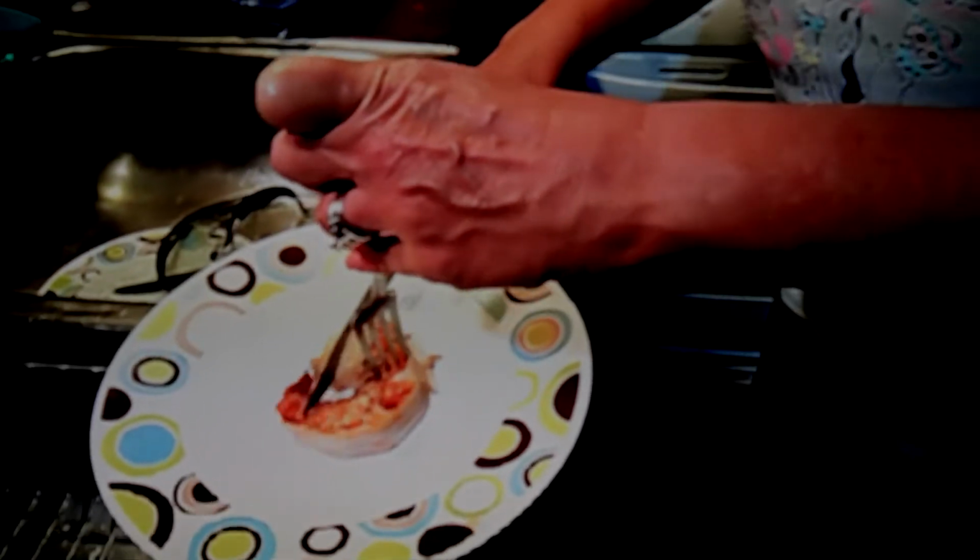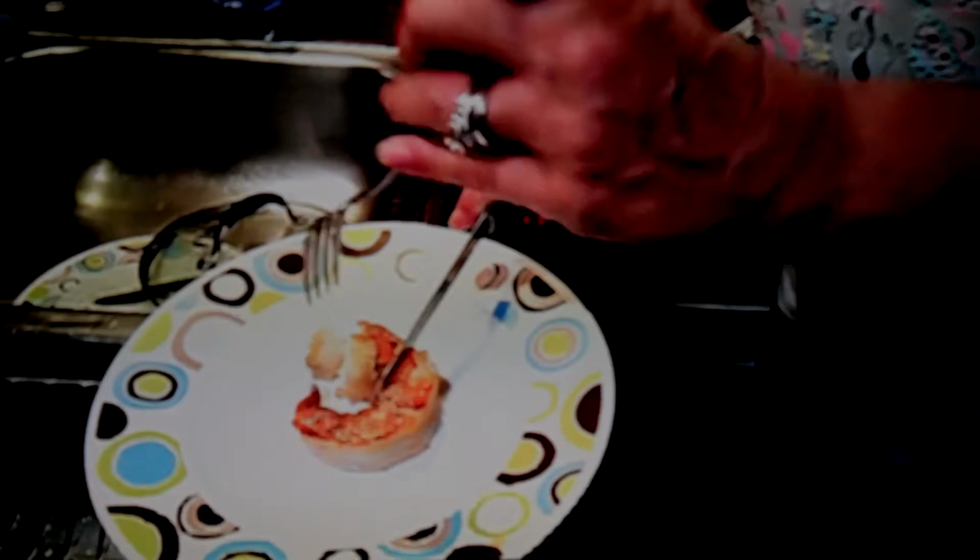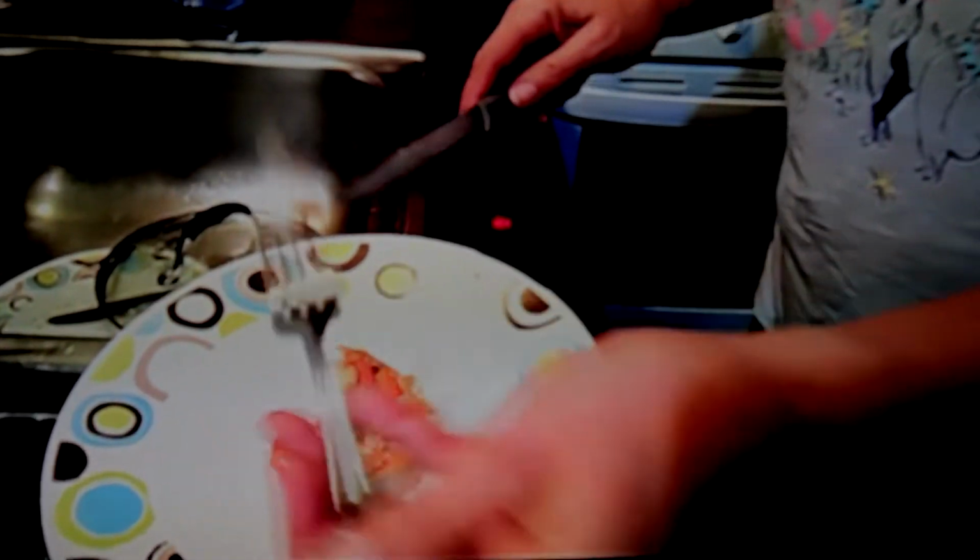Alright, it's time to eat. I'm ready. Ooh, this stuff sure looks good. Oh, wish you guys could smell this. Oh, that's tasty. Tastes